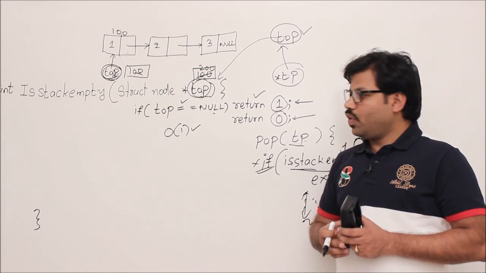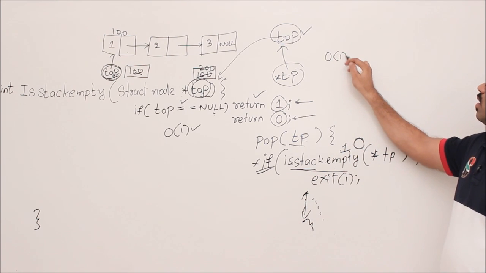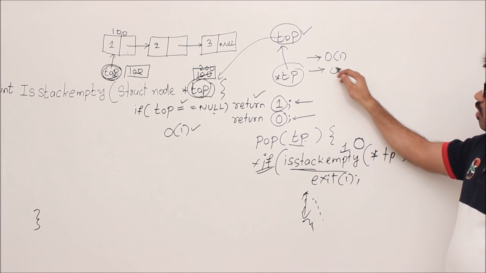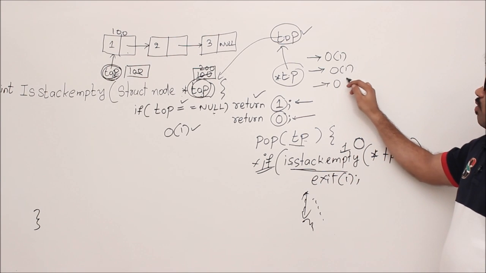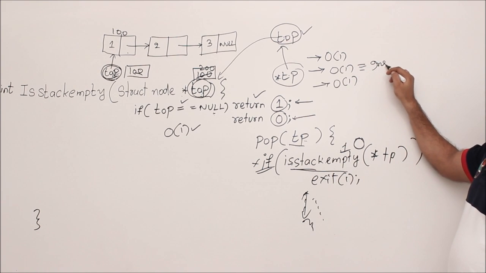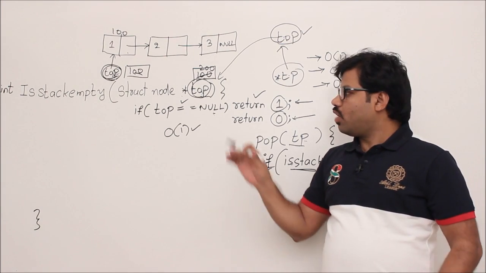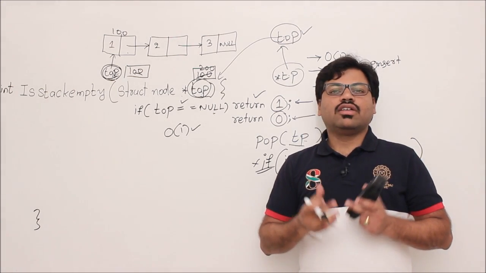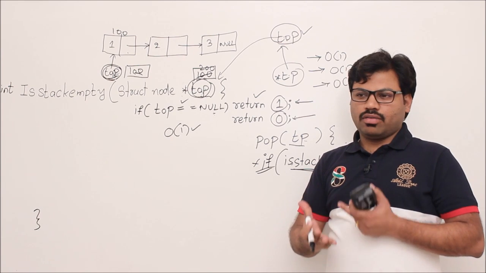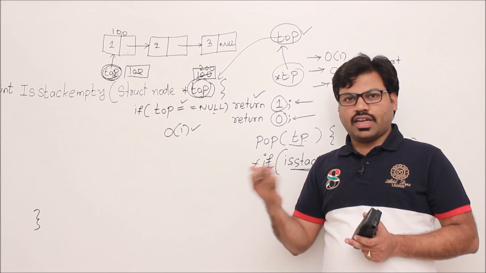So this is all the story about the implementation of stack, and we have seen majorly 3 things. One is the time complexity of eStackEmpty, order of 1; the time complexity of push, order of 1; the time complexity of pop, order of 1. Especially push is nothing but inserting in front, correct? If you remember that, that would be good. One more advantage of this stack is that we are using a linked list, so we can grow it for any number of nodes. There is no physical limitation which we have for an array.